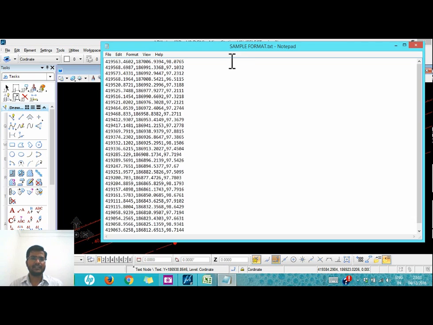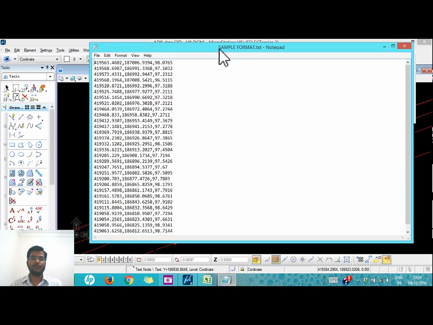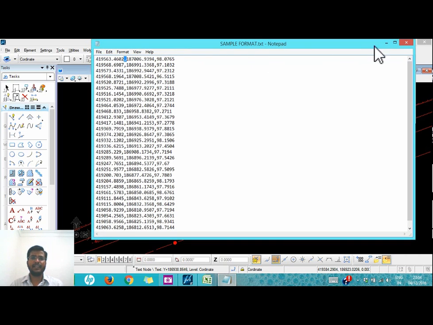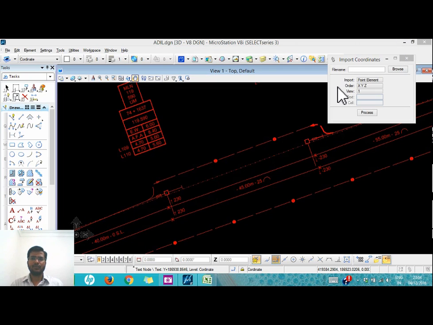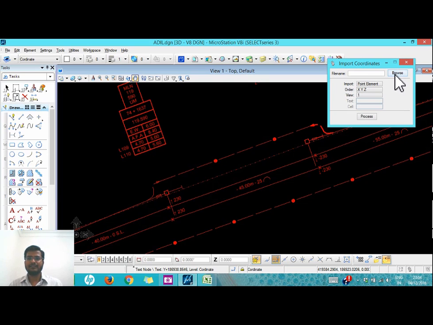See, this is the sample of what MicroStation wants. Each and every coordinate must be separated with a comma and should be in a .txt file. So whatever format we receive from the source data, we just transfer it into the desired format and we can browse that